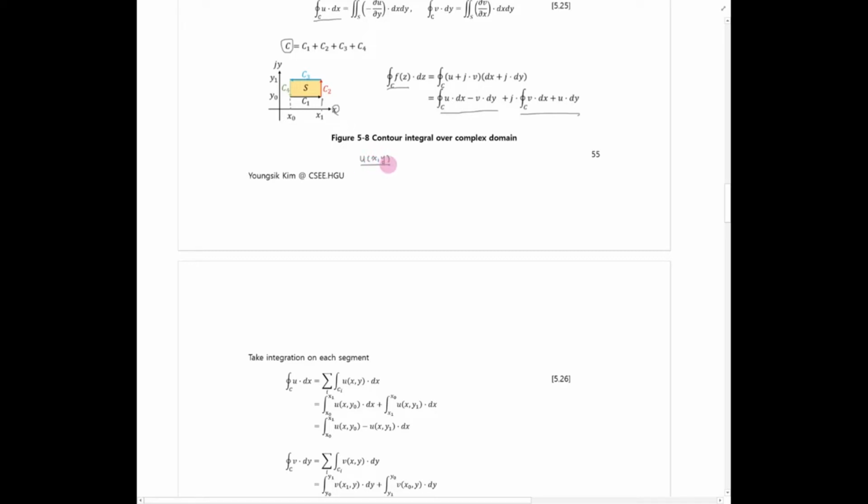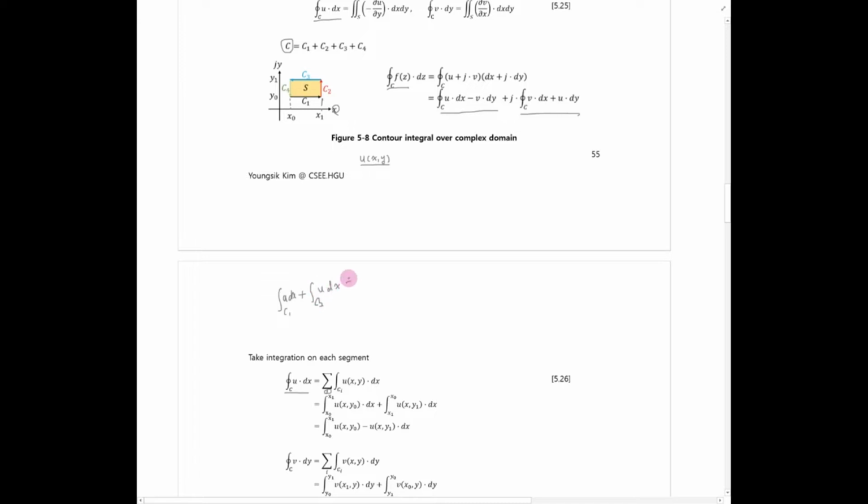This value should be integrated on this contour C1 and C2 and C3 and C4. So this integration means a sum of 4 segments, i changing from 1 through 4. That is the sum over i. So we have to take the integration over C1, u dx, and C2, u dx,